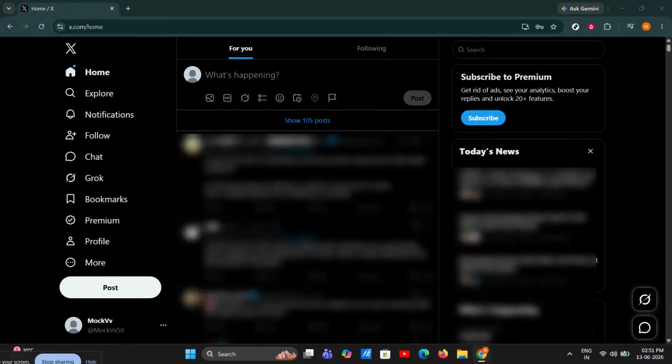In today's video, I'm going to show you exactly how to allow 18 plus content on X, formerly Twitter, using your PC browser. This is the setting people usually mean when they ask how to unlock sensitive content, how to see mature posts, or how to turn off content filtering on X. If you've ever wondered why certain posts are blurred or hidden, this guide will walk you through the correct settings